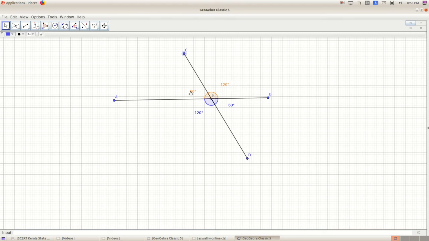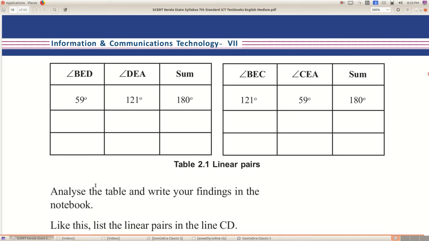The sum of each pair of nearby angles is 180, and each pair of opposite angles are the same. Okay, then complete the table, analyze the table and write your findings in the notebook. It will be your finding that the sum is 180 and the opposite angles will be the same.